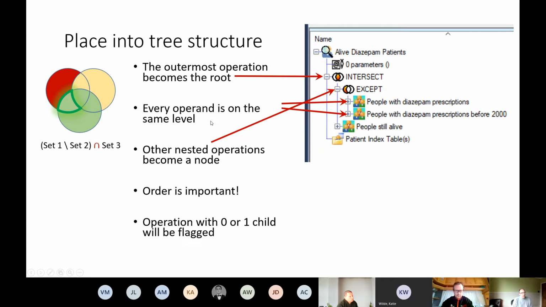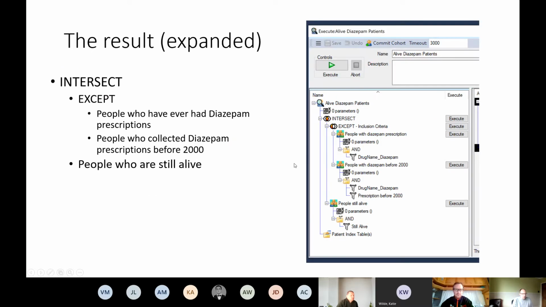In RDMP, if I flick back to here, you see there are these little plus and minus signs in the hierarchy, and these are just header level. So this is showing us the top level, and we can expand that by clicking the plus to see how that particular component is built up, and that's what's happened here. So we've got an expansion of each of the elements. You can see we've still got the intersect and the accept, and we've still got the people with diazepam, etc. And we can see these little filters.